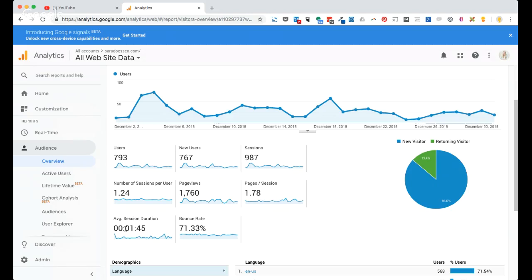You also get the average session duration. How long did people stick around? We want to get this as high as we can. So this might be something to monitor over time. Can we increase the average session duration so that we are knowing that people are more excited about what's going on on the website? So the audience overview report really gives you a good feel for, is your traffic going up